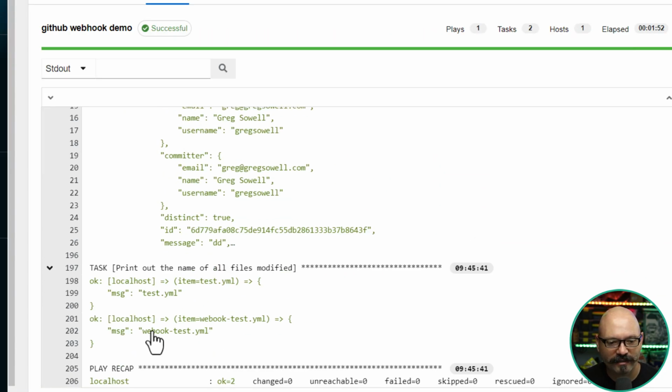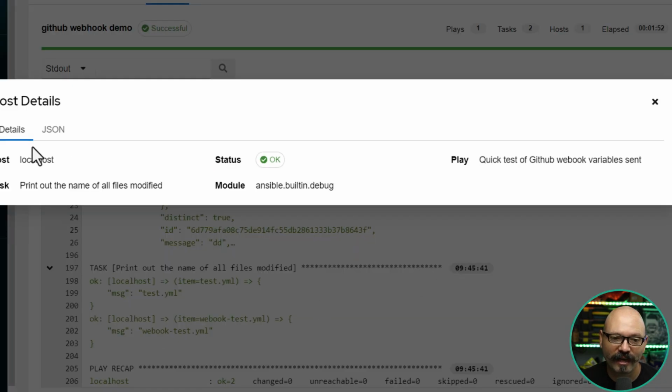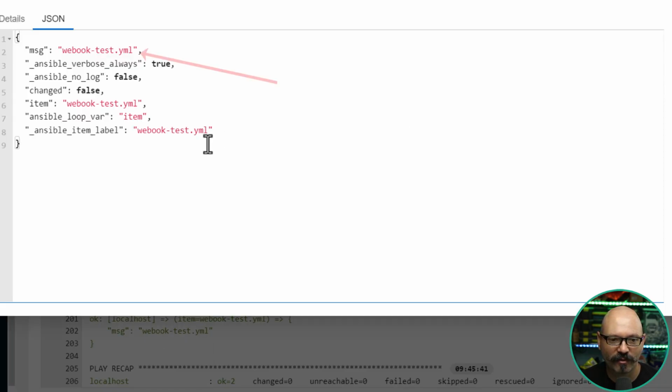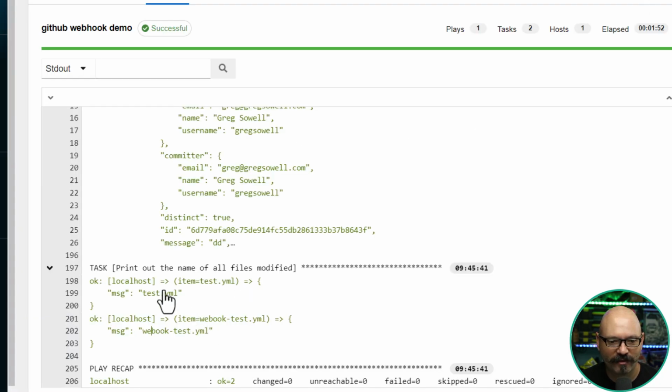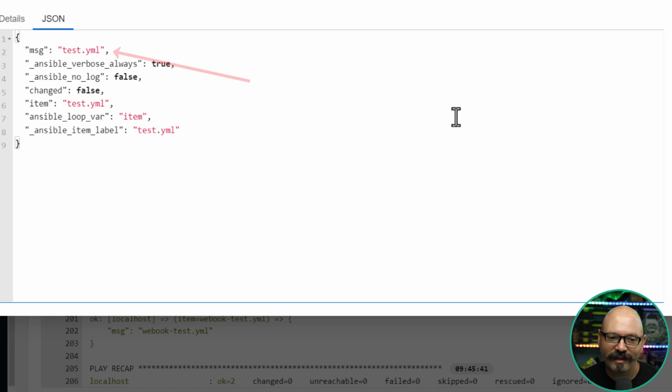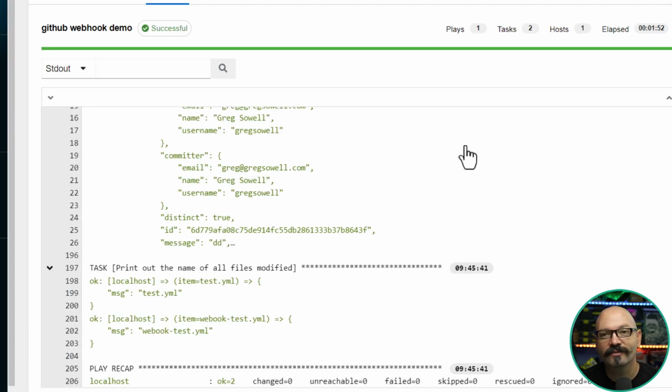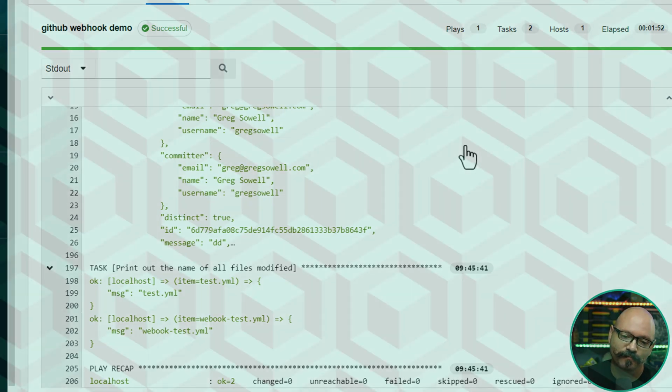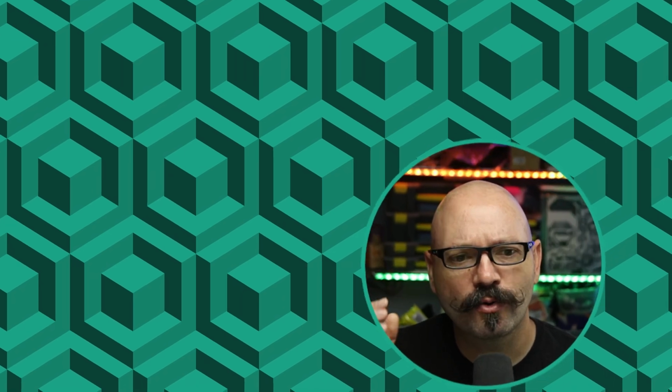Right here, I've got an example of what are the very individual playbooks that were modified. You can see I have webhook test.yml on that one, and then test right here. So that means I could loop through looking at the various files that were actually modified. And I've used this actively in one of our lab environments where we did configuration as code on our border